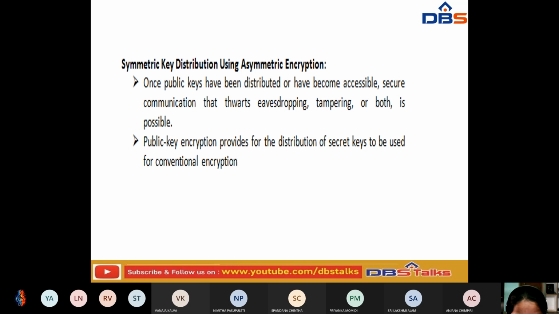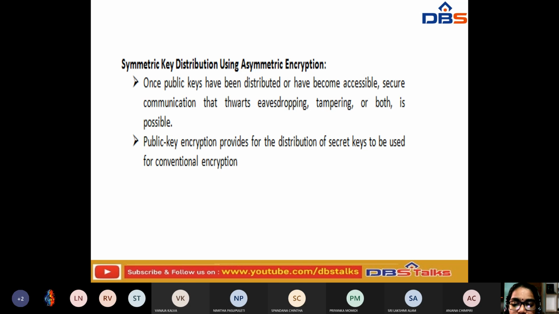Why? Because public key encryption provides for the distribution of a secret key to be used with conventional encryption. In this type of encryption technique, when the generated key is set to public, it should be accessible at both sides, the sender side and the receiver side.